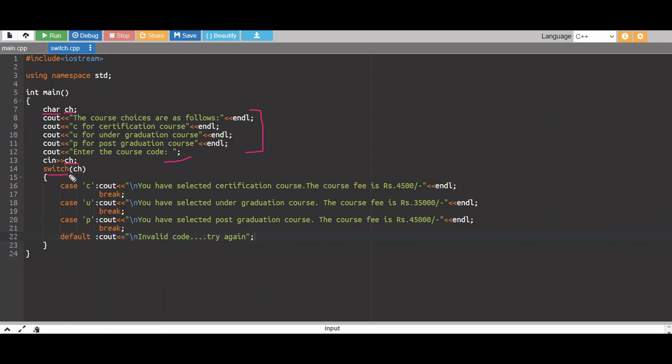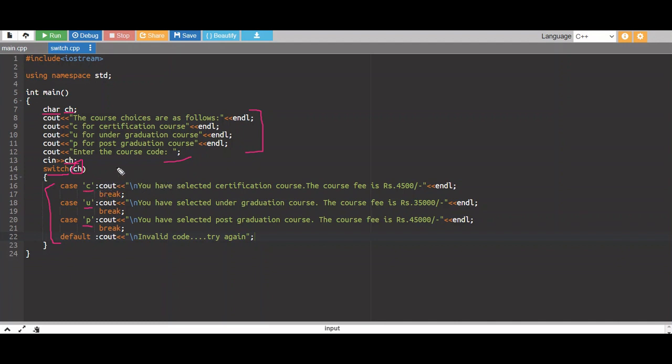That character variable is sent into the switch structure. These are the multiple case labels in the switch structure. The value stored in ch is compared with the labels in the switch structure. When the value of ch matches any of these labels, the statements corresponding to that label get executed.